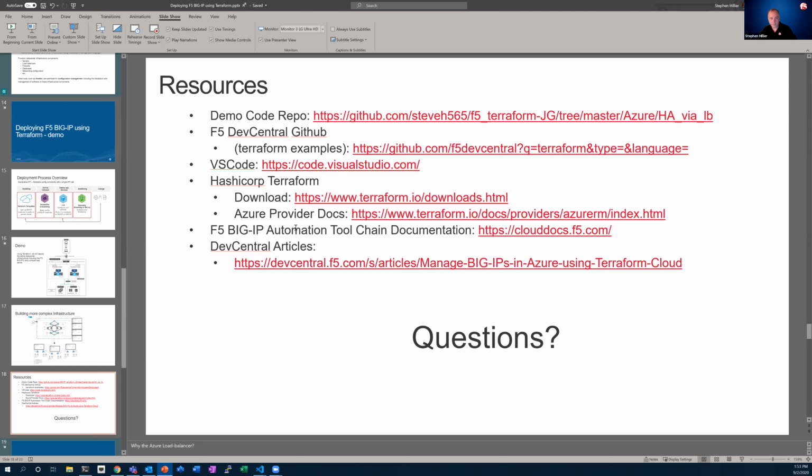Terraform uses a different provider for each different cloud service provider that you might want to work with. So there's one for AWS, there's one for GCP, and one for Azure that we use today. There's also some docs to our automation tool chain if you're interested in learning a little bit more about how